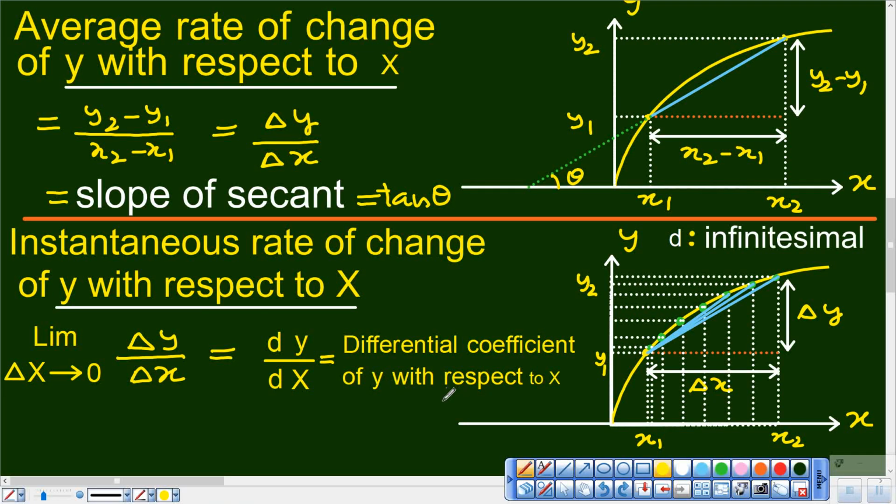So this is one of the processes in calculus. The second process, of course, is integration. Now see what happens to this secant when my delta x tends to 0. Remember one thing very clearly: it is not only delta x alone which is becoming very small. Together with delta x, even delta y is also becoming very small.